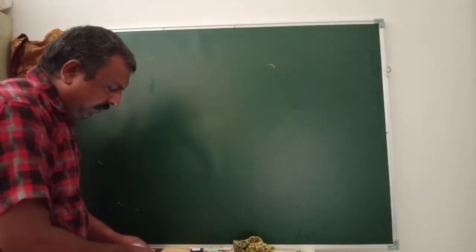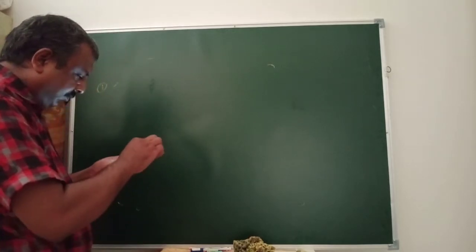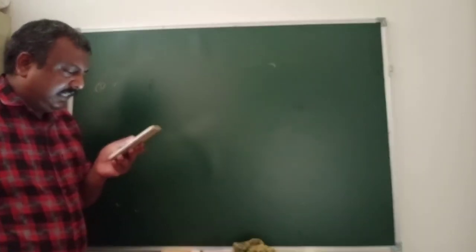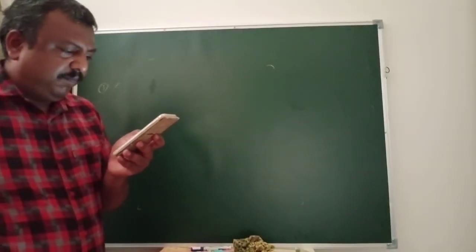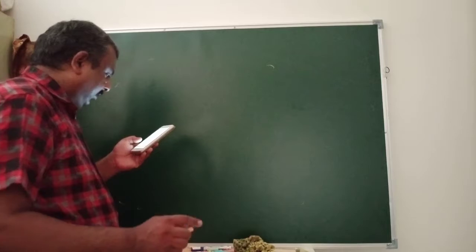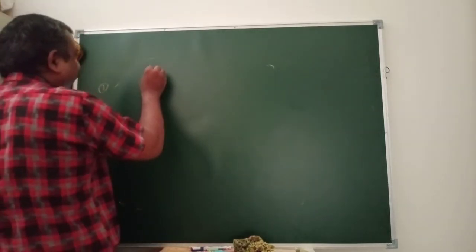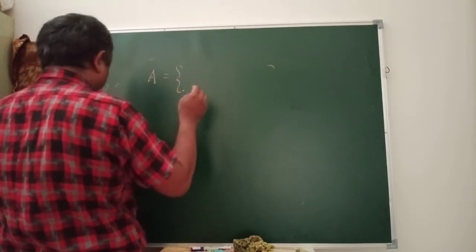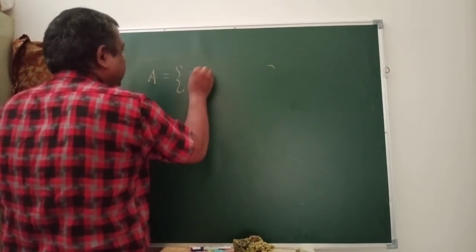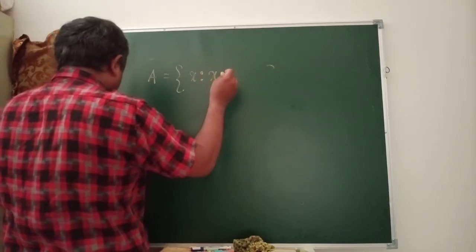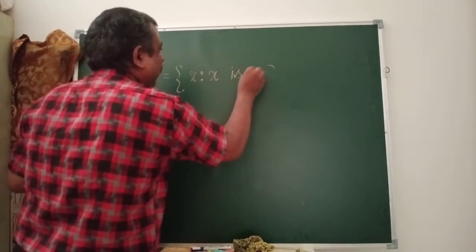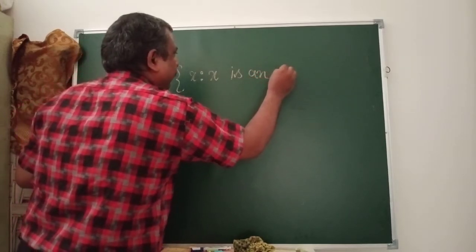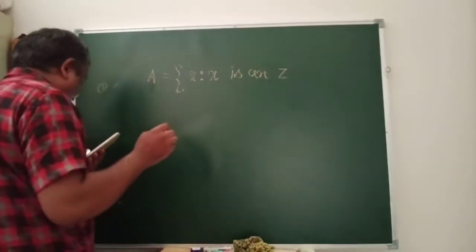I am taking question number 3 of your book. Write the following sets in the roster form. Okay, the form is given: A equal to x such that x is an integer and